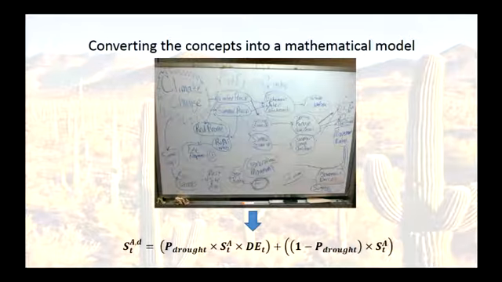We could have a very large ranging drought that has very little effect on survival, or we could have a very small drought spatially that has a very heavy effect on survival. So we had these two components of proportion that were exposed to drought and the drought effect. And then the other part of this survival function is the portion that were not exposed to drought, have no drought effect. So your adult survival basically becomes a weighted average of the animals exposed to drought and the animals not exposed to drought. And then that's dropped right into that projection matrix, which is then used to predict the future of the species.